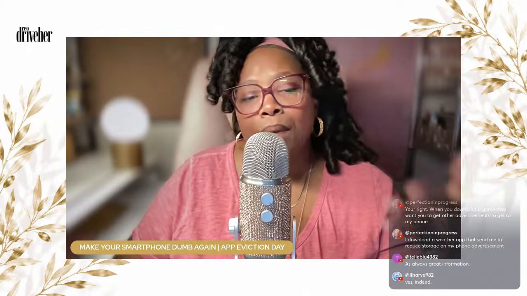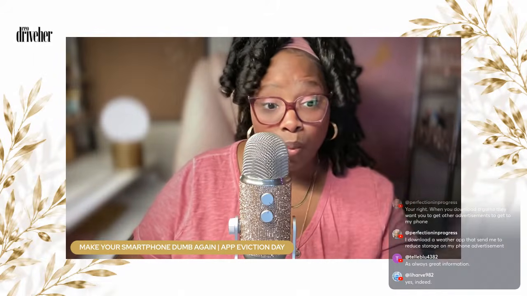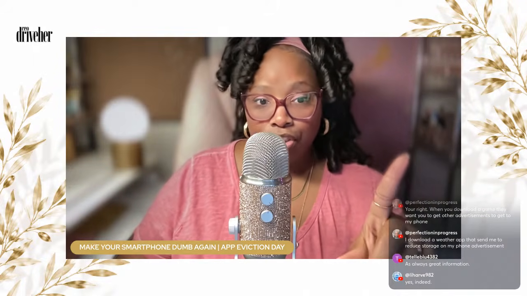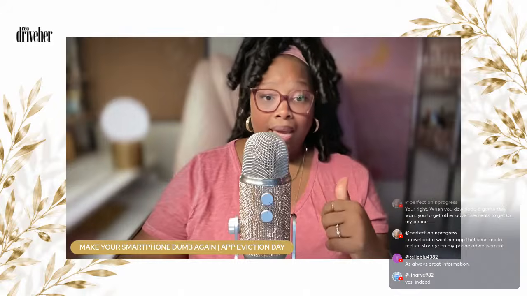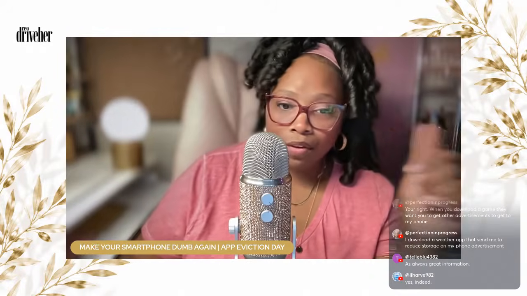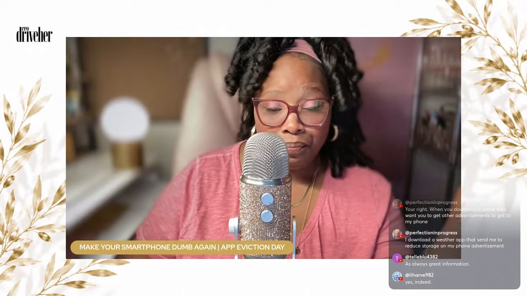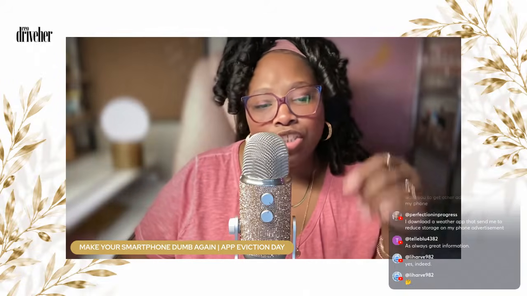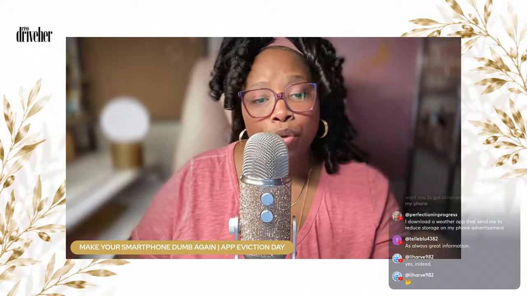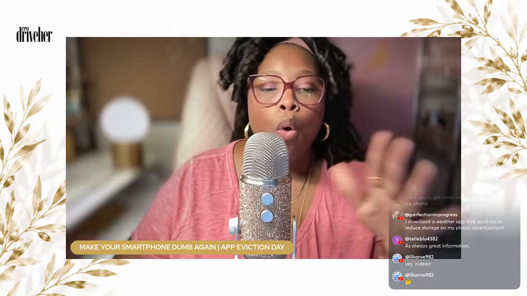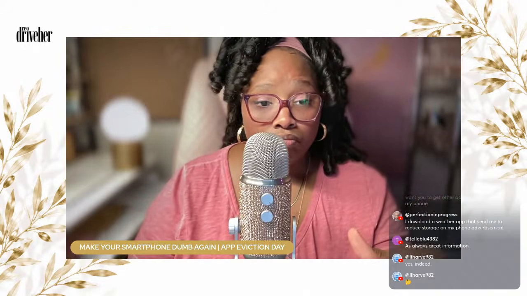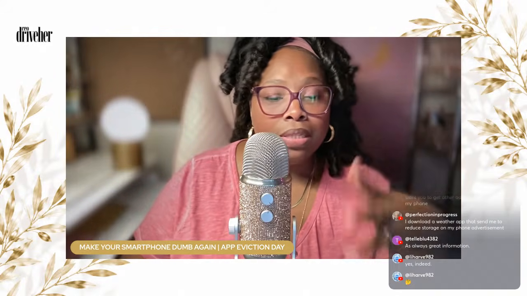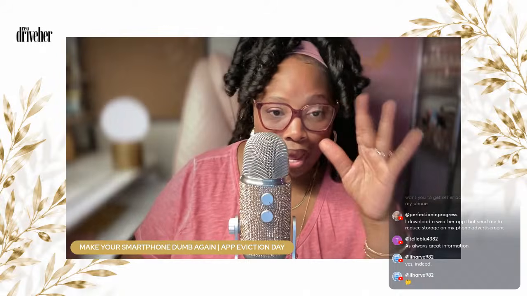That is what I mean by roommates. The icon is one thing. The data relationship behind the icon can be another thing entirely. Okay? An app is not just what it does for you. You also need to ask what it gets from you. Okay? So here are the app eviction rules that we're going to get into.